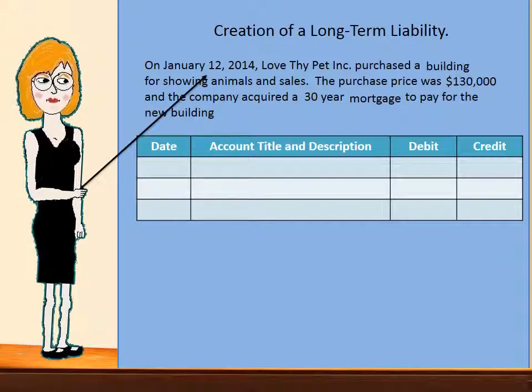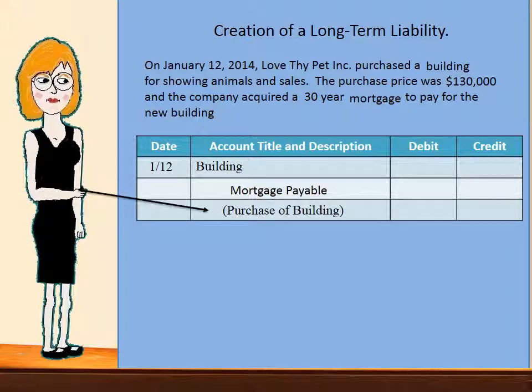Now, creation of a long-term debt. The date is January 12th, so we will do 1/12. We purchased a building, so we will debit building and increase that account. And mortgage payable is how we're paying for that building, so we will put mortgage payable, and then purchase of a building will be our description. The amount is $130,000, so we will increase our building account by debiting that $130,000, and we will increase our liability account, mortgage payable, by crediting that